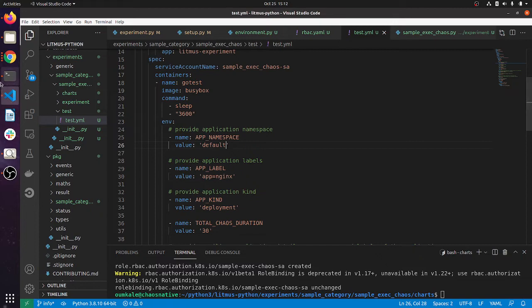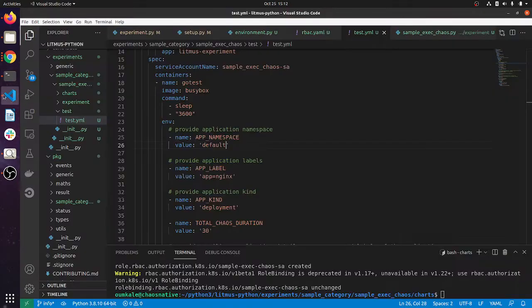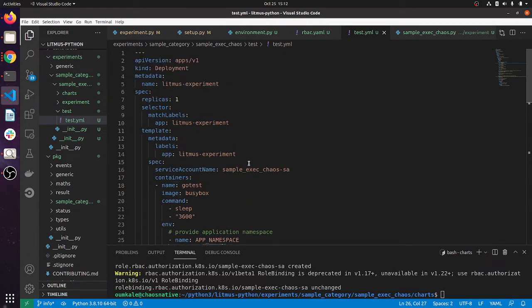So we have seen that our Nginx is running in the default namespace. So let it be. Same here, we also have to update. This is actually the limitation currently.